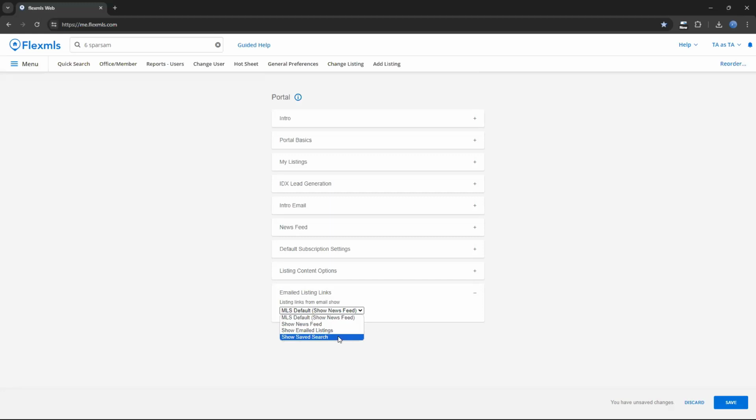Or you could show them a saved search of theirs. So it will land, again, it will have the listings you just sent them and then the results of a saved search in their portal. So up to you. I think the newsfeed is fine because it's essentially a collection of email listings and saved search listings all combined into one. Don't forget to hit save if you are making any changes. And let's reset